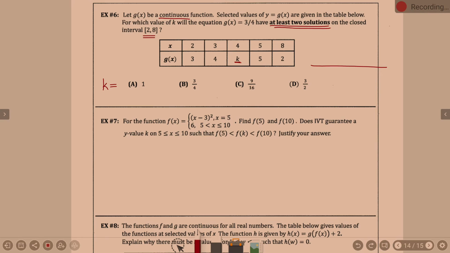Well, the problem is right now, this is continuous, we know, but as you look on the interval from 2 to 8, what do you notice about these y values? They got bigger and then they dropped. Yeah. But they're